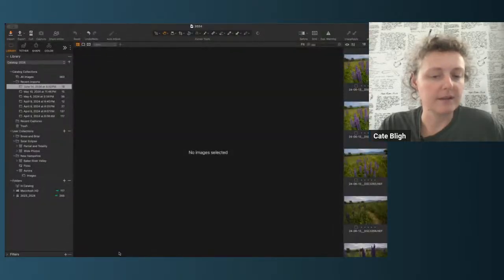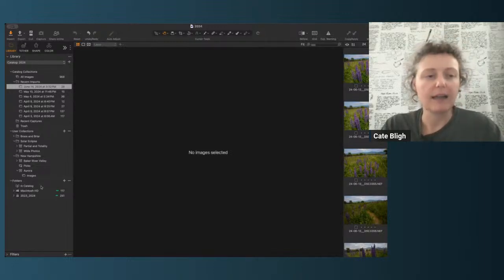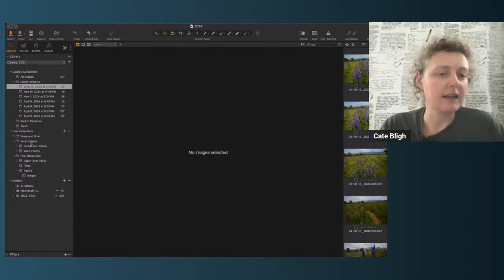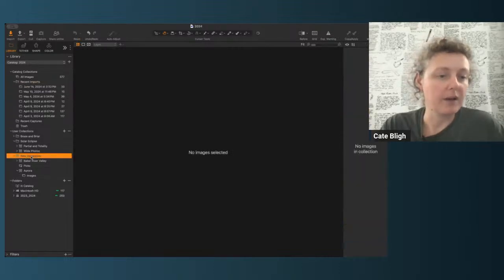See, I'm in a hurry and I'm rushing through this, but it's okay. I'll show you what you do when you mess things up like this. So I didn't import these into a collection. I like to keep collections. So I have a collection for the solar eclipse. I have a collection for New Hampshire. And so what I'm going to do, while this is working, it's importing right now,